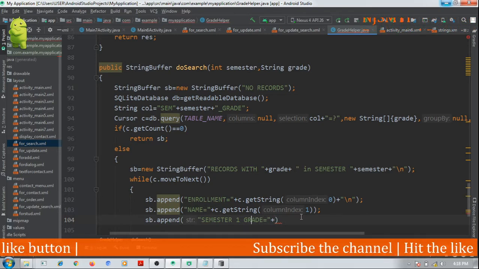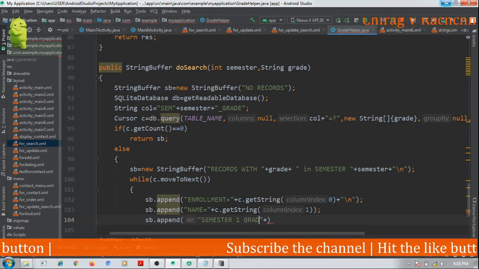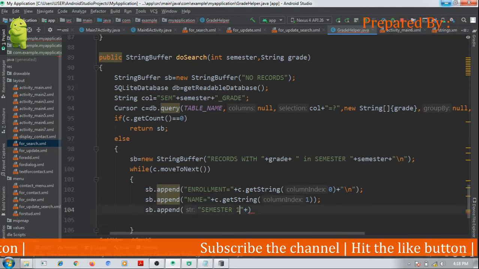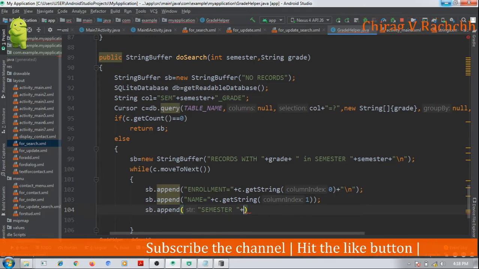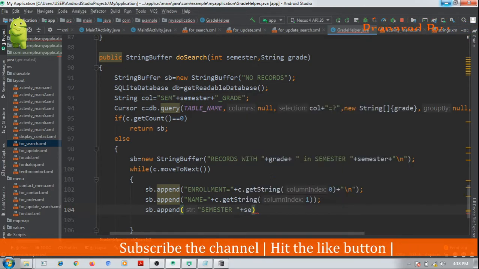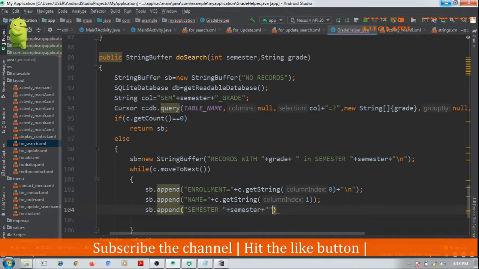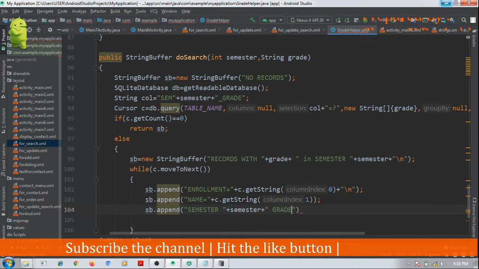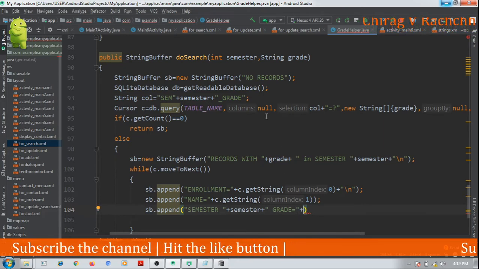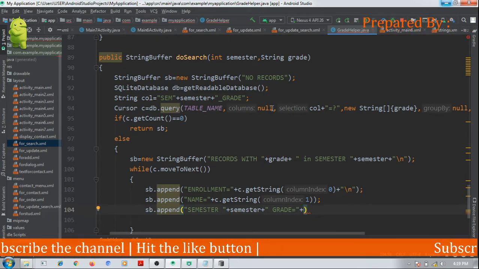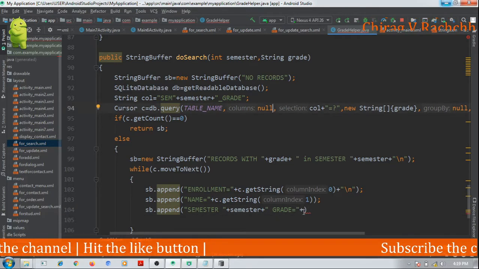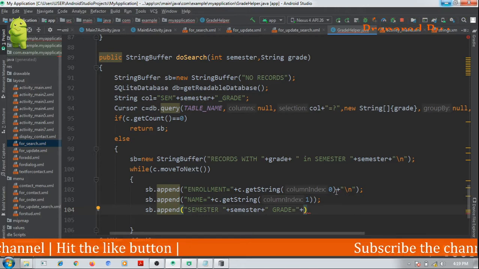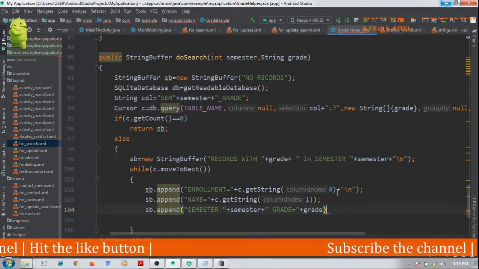Okay, so we will do that, semester, which is passed as argument, semester plus concat grade equal to plus matching grade, that is grade.